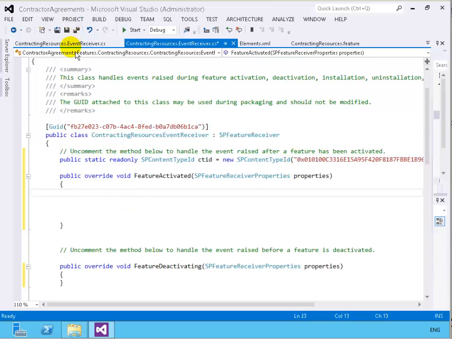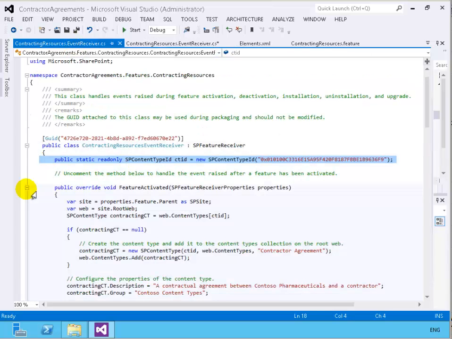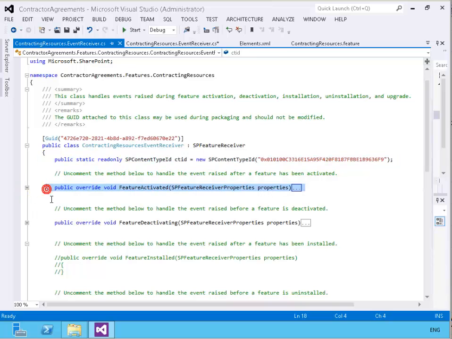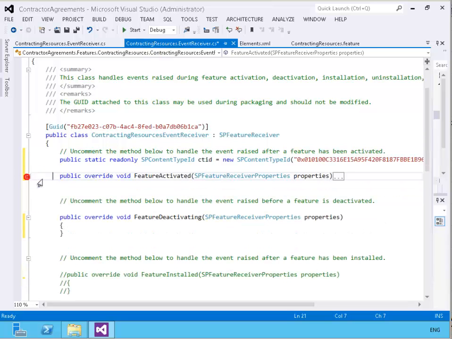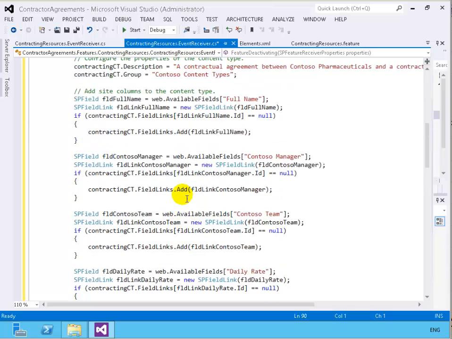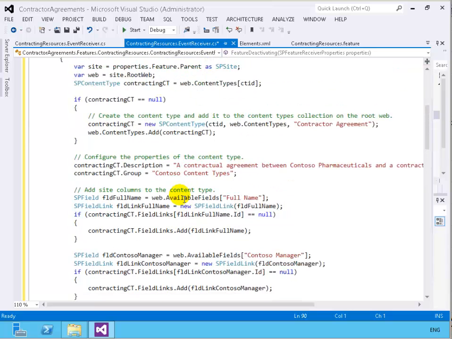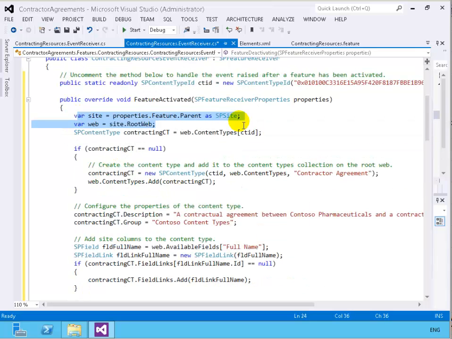All right. So in FeatureActivated, I'm just going to copy this whole override and paste over. Now it looks like these are all busy work, folks. They're not complicated work, but just busy work. All right, so